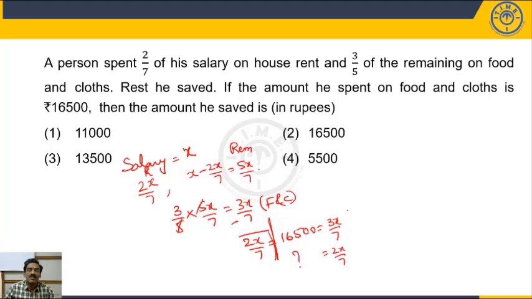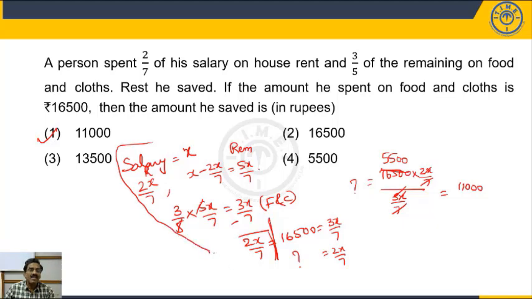So what we can say is cross multiply. So cross multiply will be 16,500 into 2x by 7, divided by 3x by 7. 7 cancels, x cancels. 3 will go in 16,500, 5,500 times. So 5,500 into 2, it will be 11,000 is what he is saving. This is the answer for the question. But the thing here is,